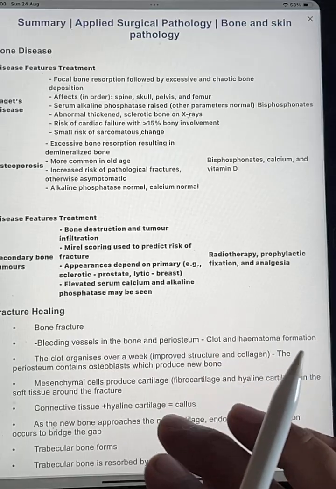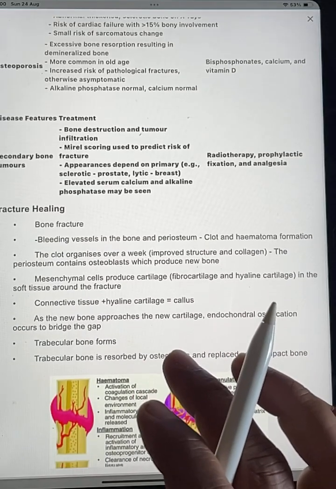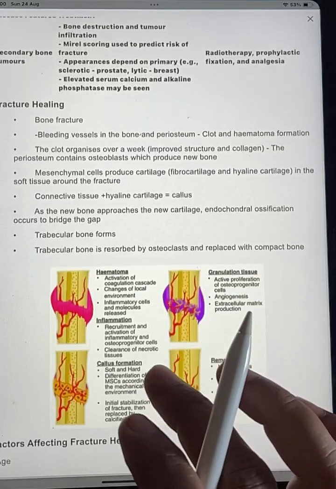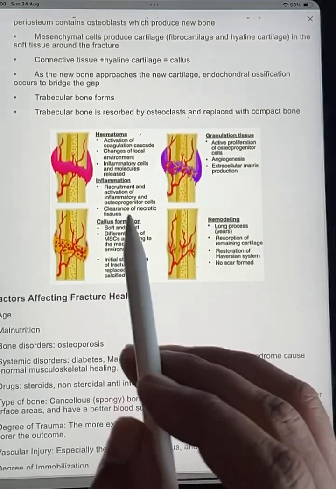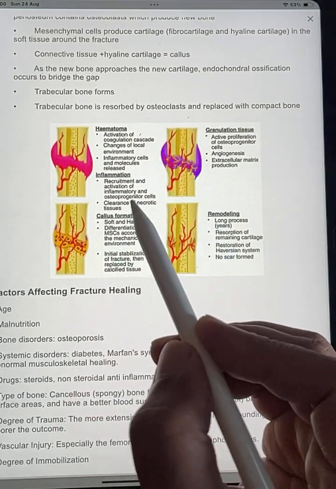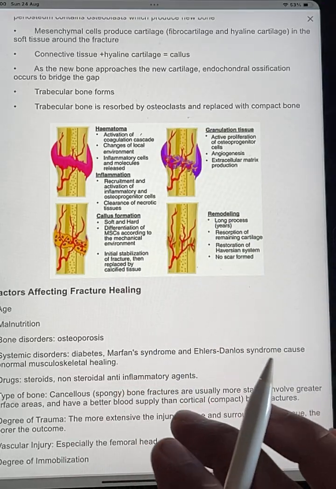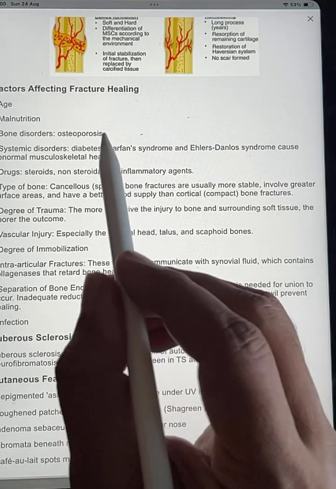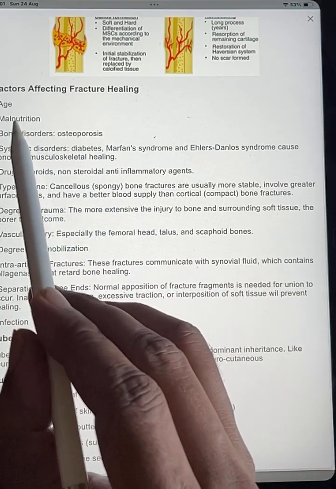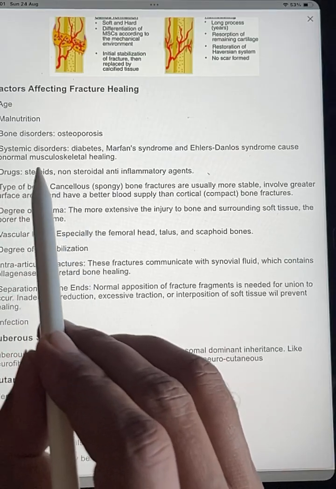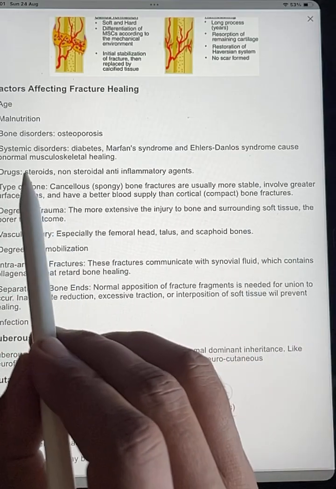Then osteoporosis: disease, treatment, bone destruction, T-scoring to detect risk of fractures. Fracture healing: there is the initial hematoma, then inflammation, callus formation, granulation tissue and remodeling. Factors that affect fracture healing: again, age, malnutrition, bone disorders, osteoporosis, systemic disorders, Marfan syndrome cause abnormal